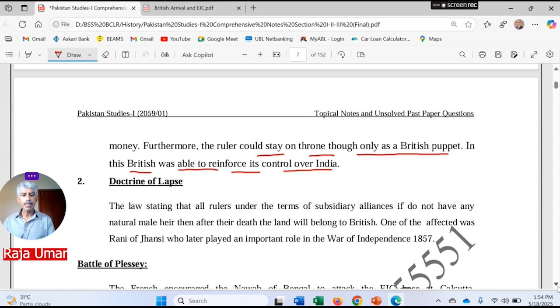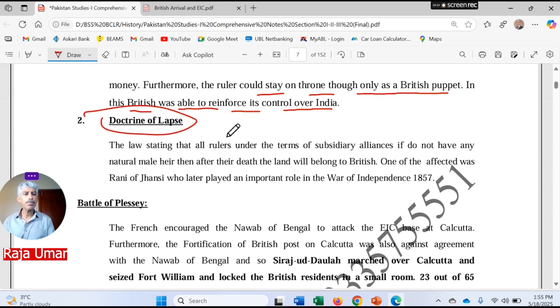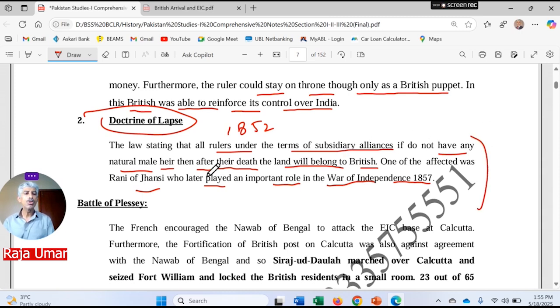So, the doctrine of lapse. The British introduced this doctrine of lapse in 1852. This law stated that all rulers under the terms of subsidiary alliances, if they did not have any natural male heir, then after their death, the lands would belong to the British. For example, if a Nawab dies and he has no legal male heir, his lands would be taken over by the British. One of those affected was the Rani of Jhansi, who later played an important role in the War of Independence of 1857. She had a legal heir, and in the same way, the Nawab of Oudh had a legal heir, but